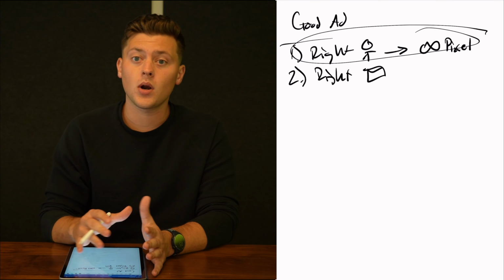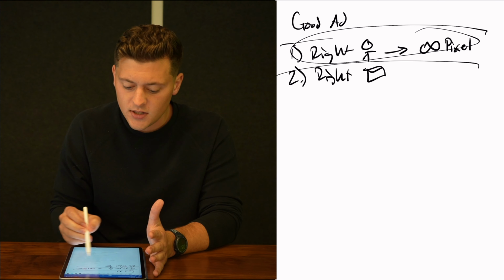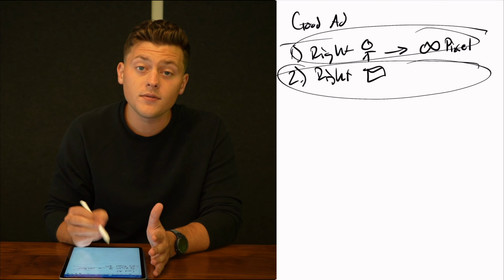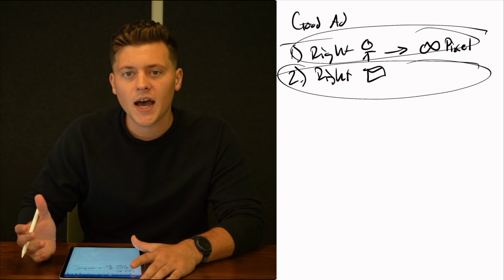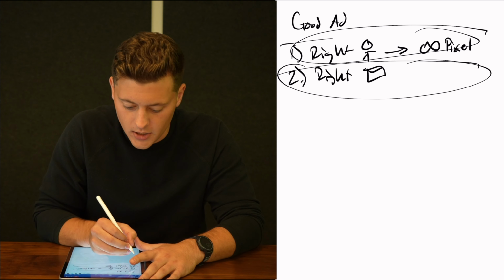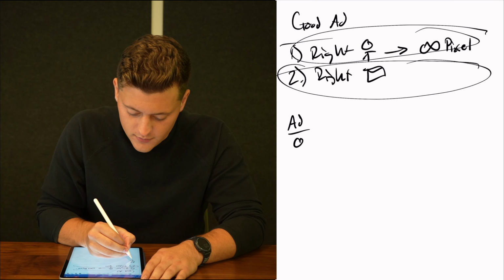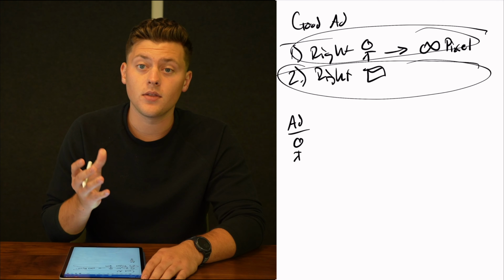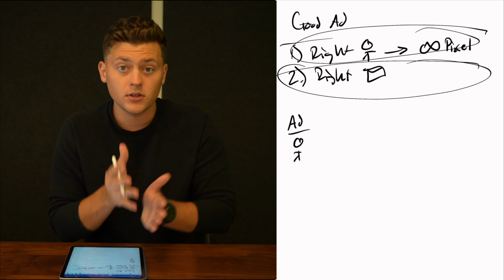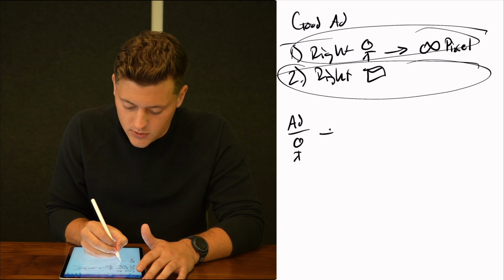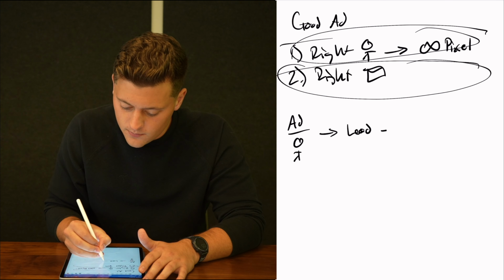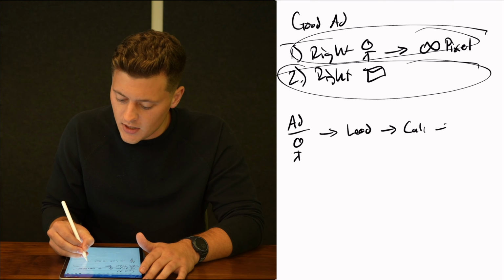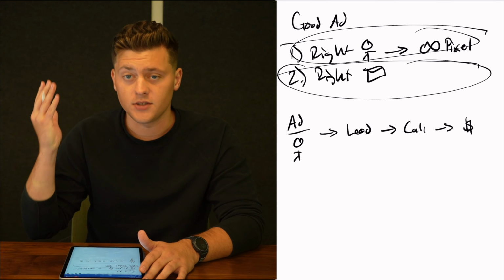But what you need to do, and what I'm gonna cover in this video, is making sure that you have a system very similar to the Pixel that solves the right message problem. And if you think of how a Pixel actually works, it's very simple. You're gonna have your ad that's gonna be served to a certain person, and the Meta Pixel's job is to make sure that the right people are seeing your ad. So most people are gonna become a lead, become a sales call, and then eventually become a paying client for whatever it is that you sell.